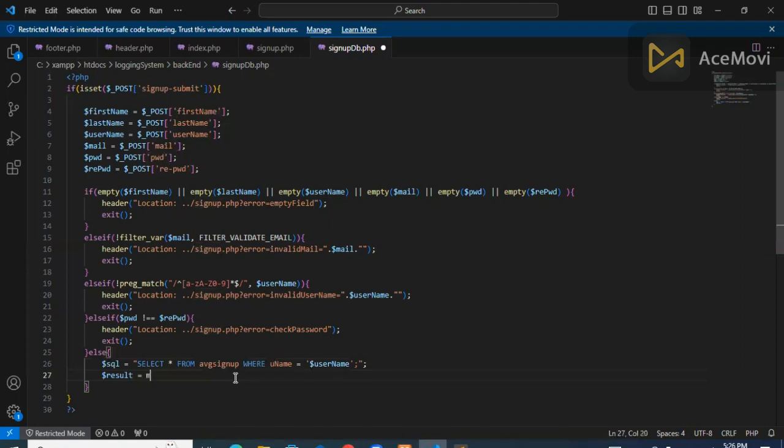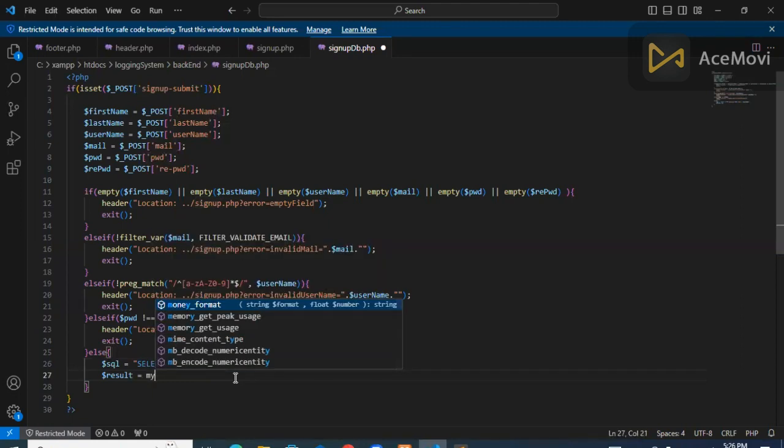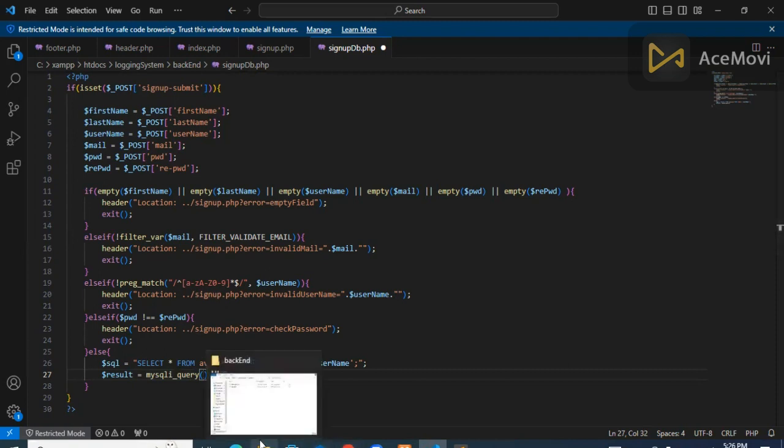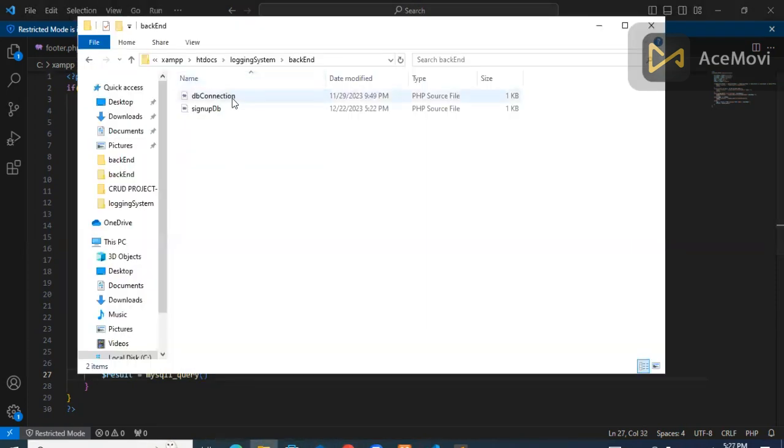So I'm going to type MySQL underscore query parentheses. So if we look at our database connection,